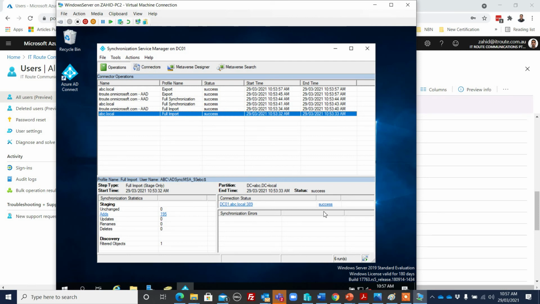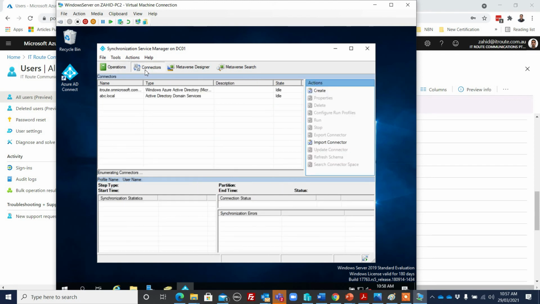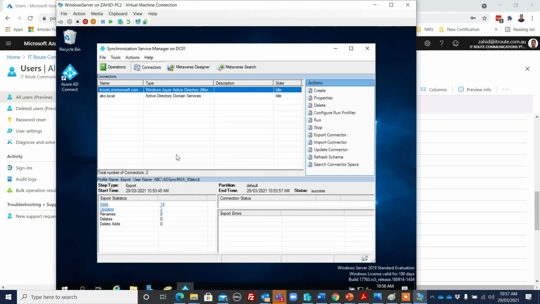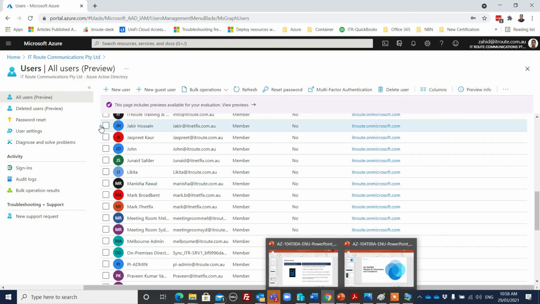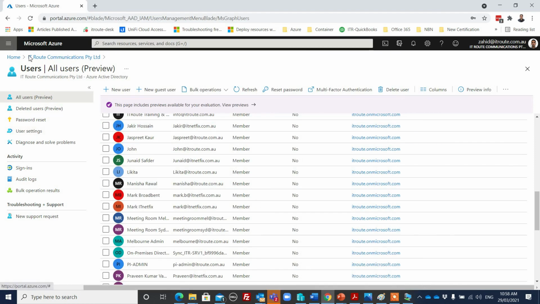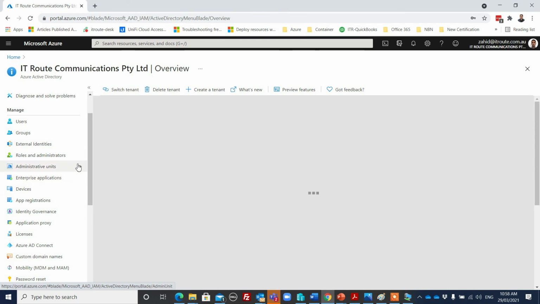So local port, this one is success. Okay, that's fine. I don't have this one. The local connection status, I don't have anything in there. But yours, if you click on connectors, over there you have these two domains. Yeah. Okay. Now after that, if I go to my Azure cloud, I'll go to my directory again, click